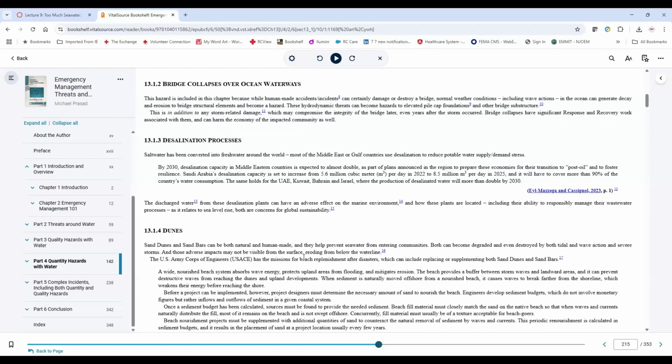So sand dunes, sandbars, are kind of the same thing in the sense of how they're impacted and how they stop wave action from hitting the onshore communities. The threats and hazards to dunes and their impacts can be significant, and so can replenishing and fixing them. If any of you are in shore communities, you probably know what the efforts are and how it has to be a complete solution.